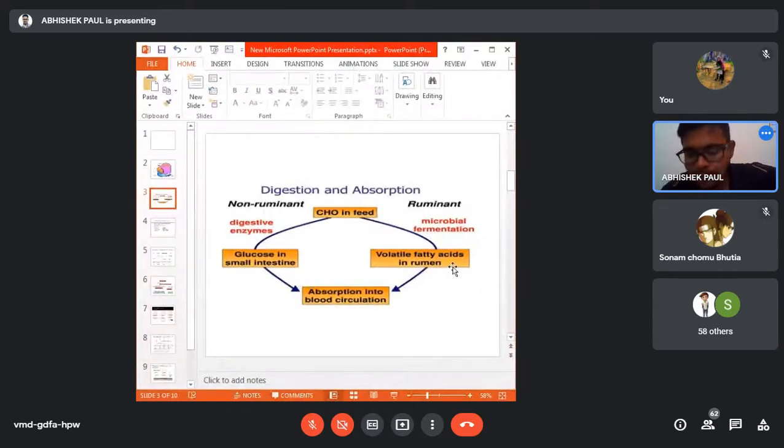But you remember the end product of carbohydrate digestion, not metabolism. Metabolism is again different. One is digestion, then absorption, then metabolism will occur. Metabolism is the final end product. Don't get confused with these two terms. So the end product of carbohydrate digestion is volatile fatty acid in case of ruminant. Is it okay? So this difference you remember. I hope you have already studied all these things while studying digestive physiology. Whether in the digestive physiology portion it is covered or not.